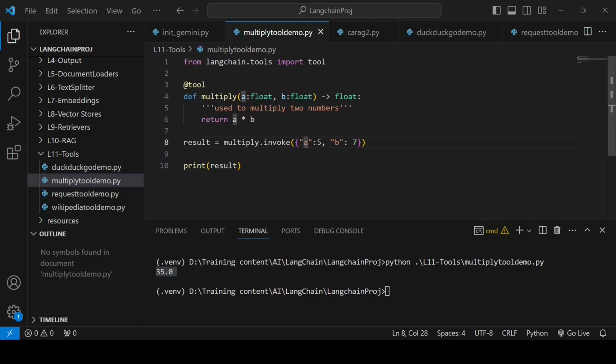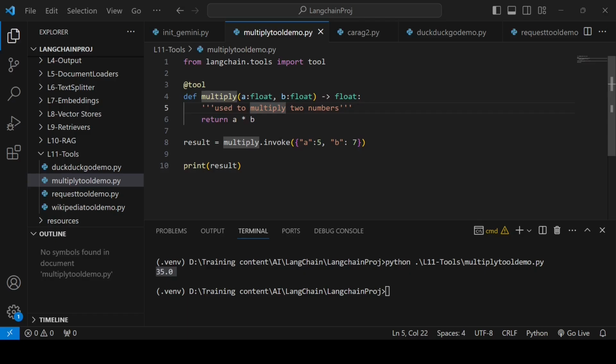Then another thing is you should also provide a doc string, which is descriptive enough to tell what it is supposed to do. So you should give some context for your LLM that this tool does this job. So if you need this kind of task to be done, call this tool. All right, so this is very important, type hints as well as this doc string. Another thing is by default the tool name comes from the function name itself.